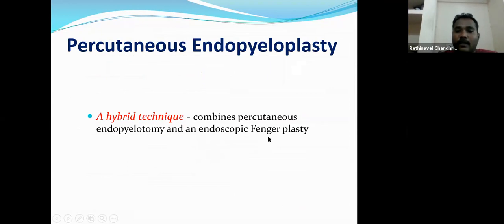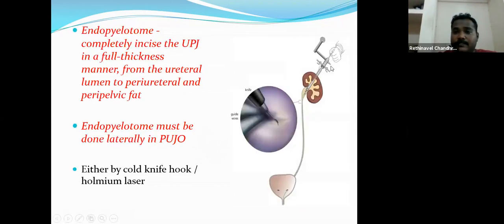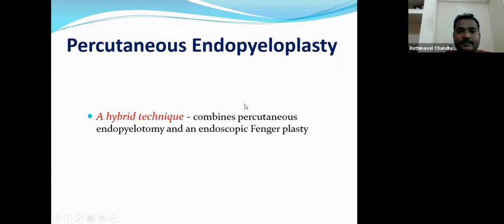What they will do, in endopyeloplasty, they will cut. Then they will suture in this area itself, like laparoscopy, with some special instruments. They will put the suture material here, then they will suture like Fenger's pyeloplasty, where they will cut longitudinally and close horizontally. That is the percutaneous endopyelotomy, which is a hybrid technique, combining a percutaneous endopyelotomy along